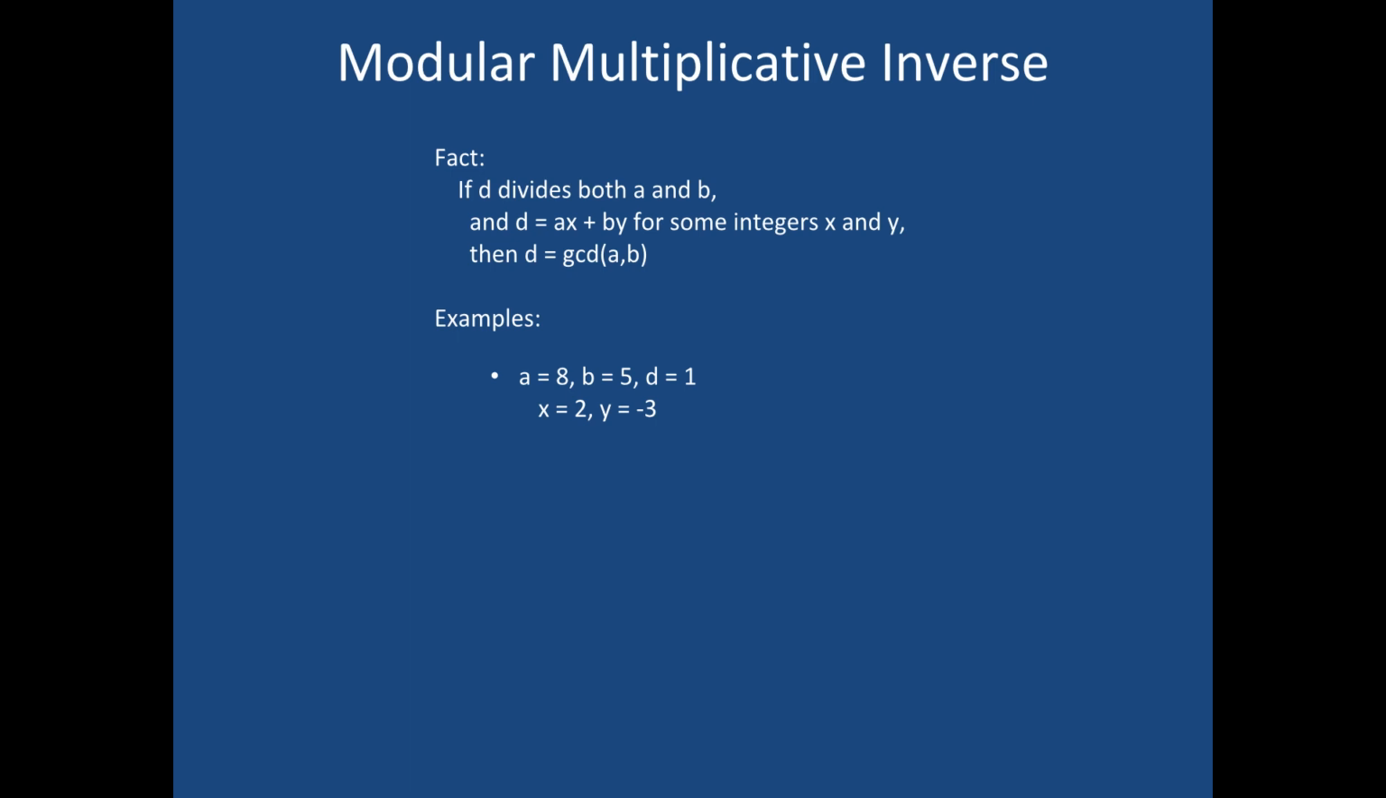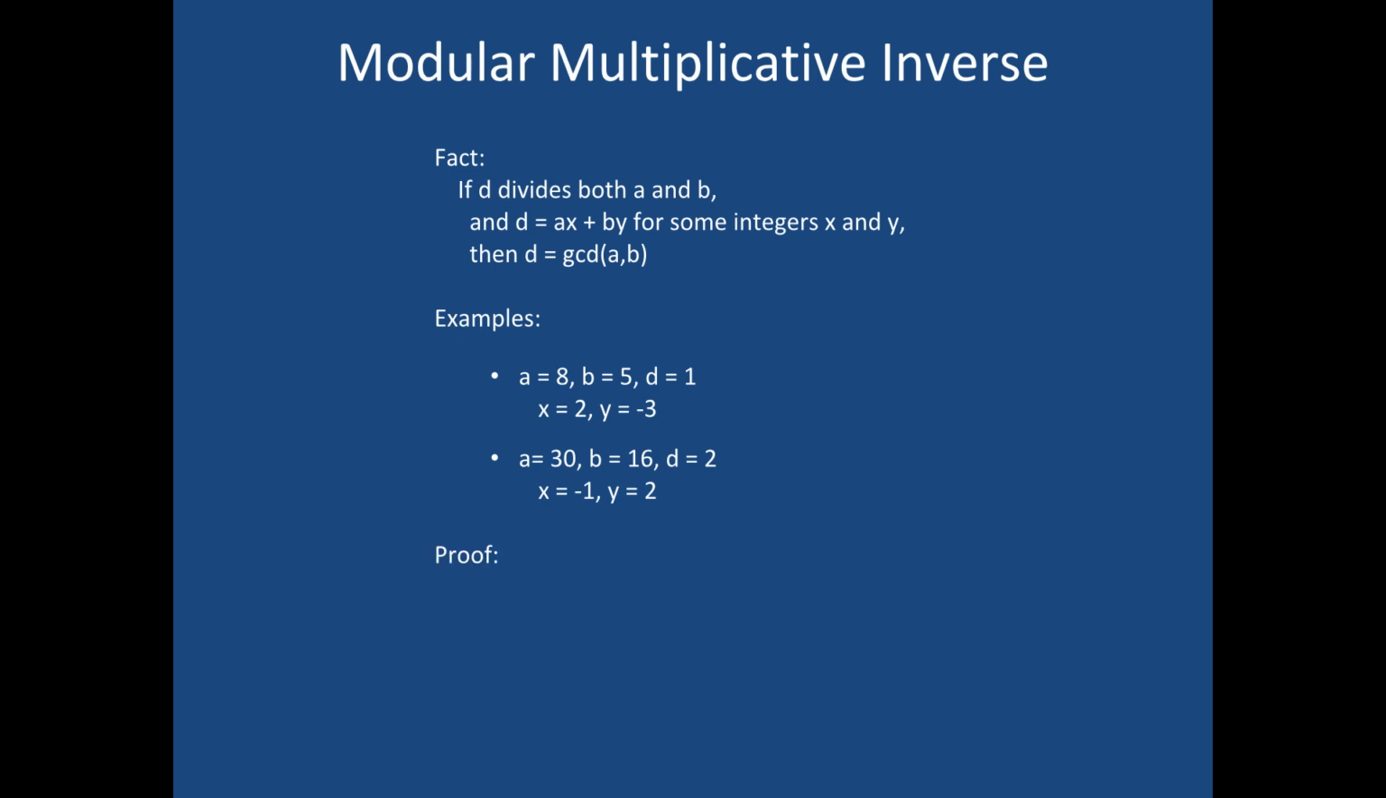Since d divides both a and b, and there's a way to combine a and b such that you get d, that means that d is in fact the GCD of 8 and 5, as you can see. Now, what about this? 30 and 16, and d is 2. What's our x and y here? So -1 and 2 do it, and that means that 2 is the GCD of a and b,